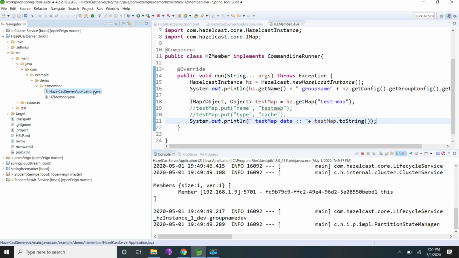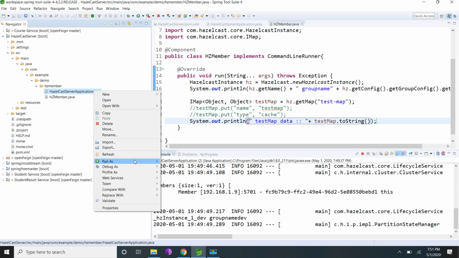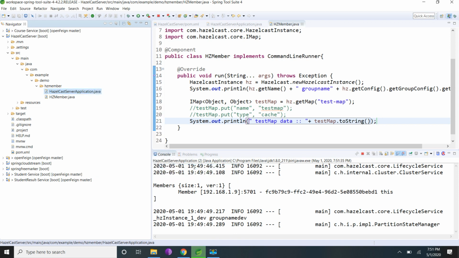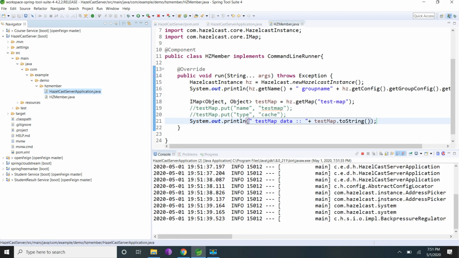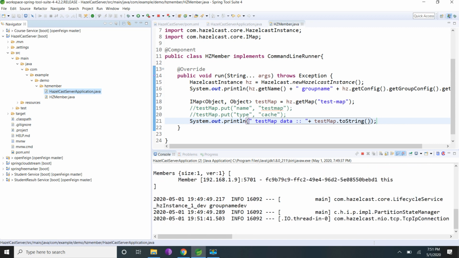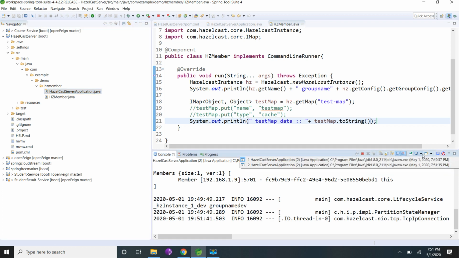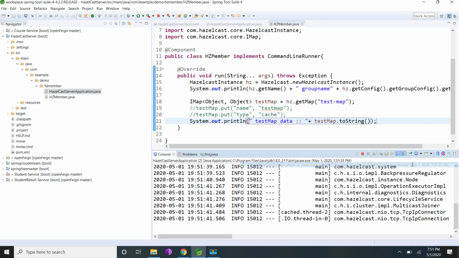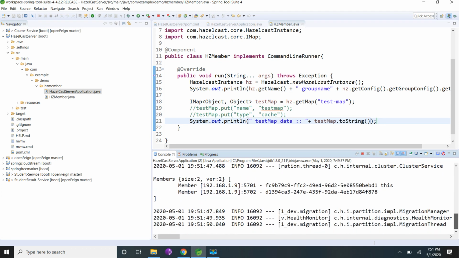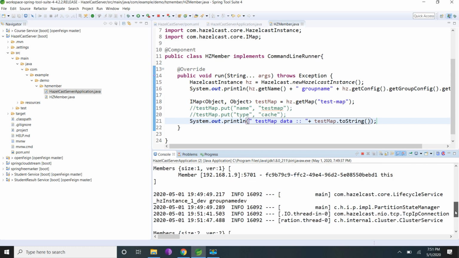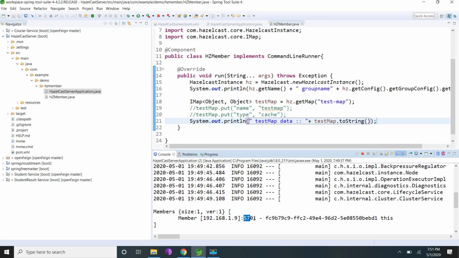So I'm going to start one more instance. Now we can see 2 instances are added. Initially we were having only one, which is pointing to 5701 port.